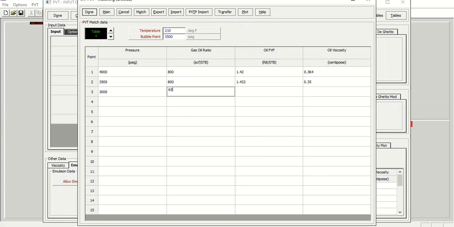3000 psi, 655, 1.352, 0.403. And then, for example, 2400, 500 gas oil ratio, and then 1.273 oil formation volume factor, and oil viscosity of 0.48. And then 1000, lastly, 190, 1.12, and 0.7205. Okay, so this is my laboratory data, and I want to perform PVT matching to match